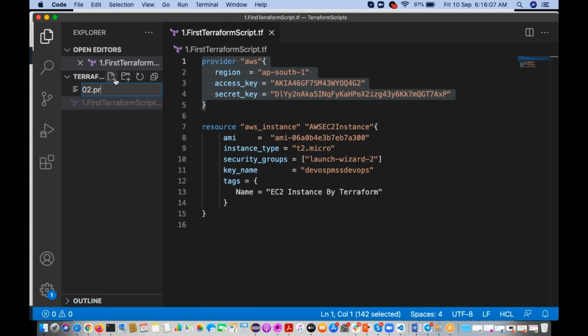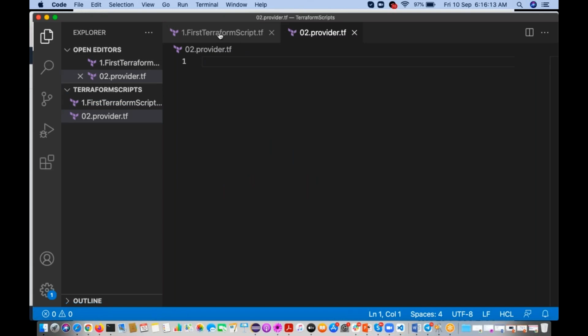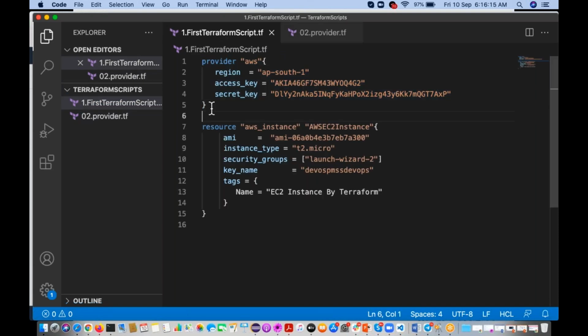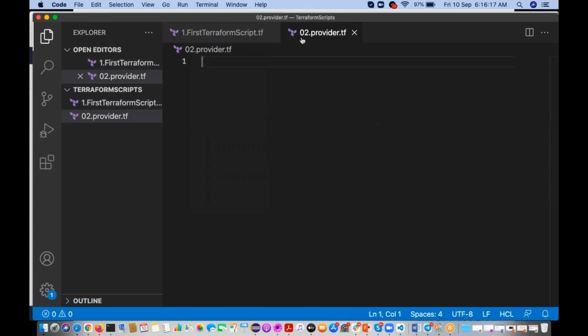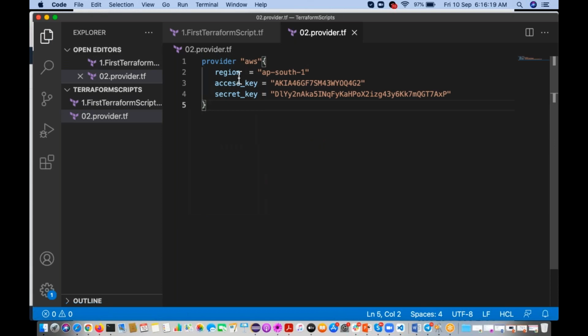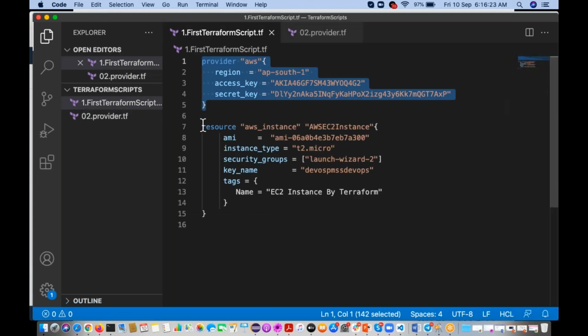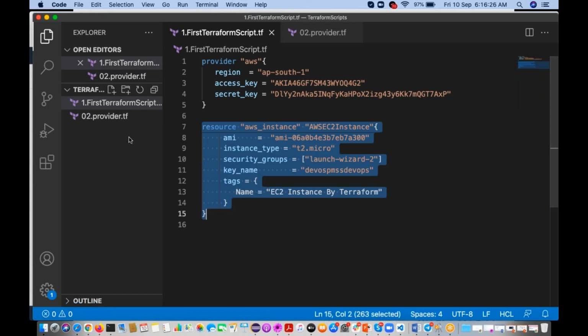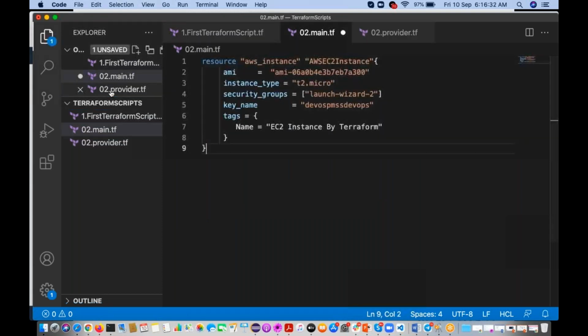We are going to create a script called provider.tf. In provider.tf, we are going to keep the provider information. The resources section, we are going to create in main.tf.